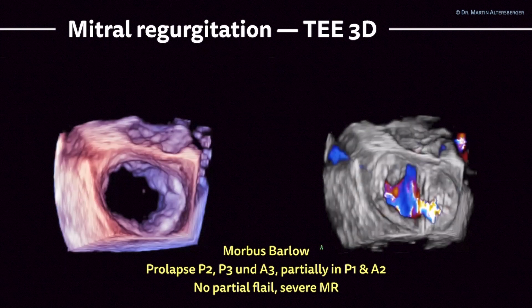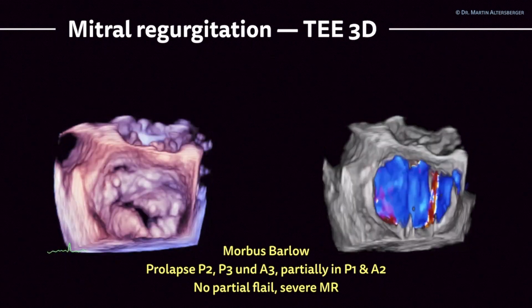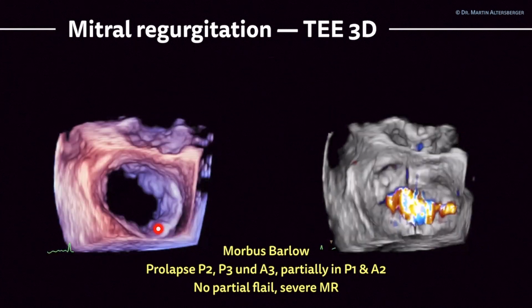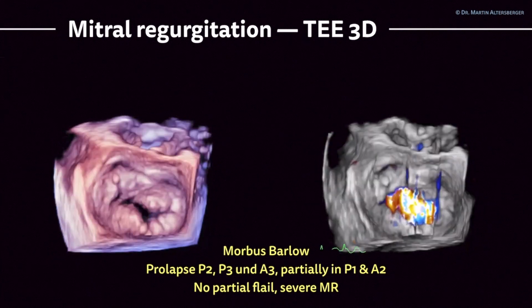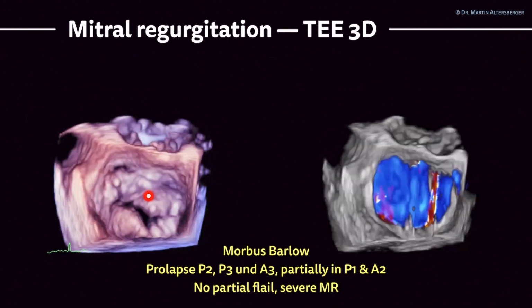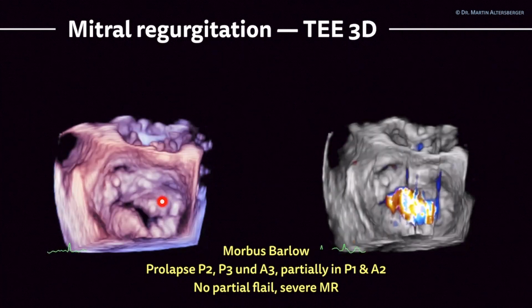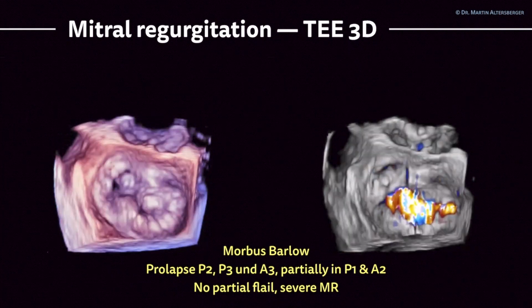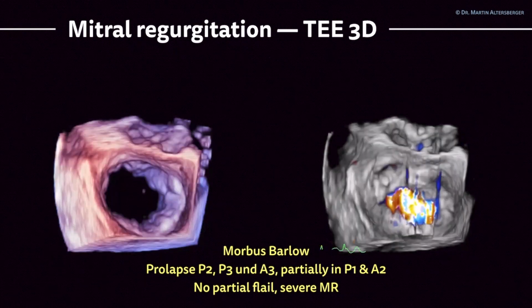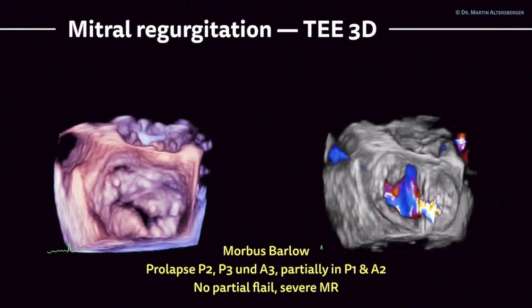And in this case, it's the other way around. We have a problem of the P2, P3 segment. Here we can see it: P2, P3, that would be P1, probably partially also involved. The A2 segment we see here as well, and A3 as well. But this is definitely no partial flail leaflet, and with the color Doppler origin, we can quantify or semi-quantitatively assess